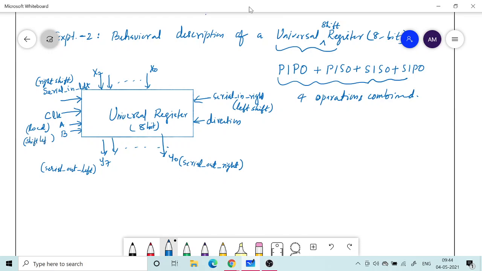Let me say shift left bar and shift right. That controls the direction in which you are going to shift, but this will be activated only when A is 0. That means you don't want to load the data parallelly. So this is basically parallel load.